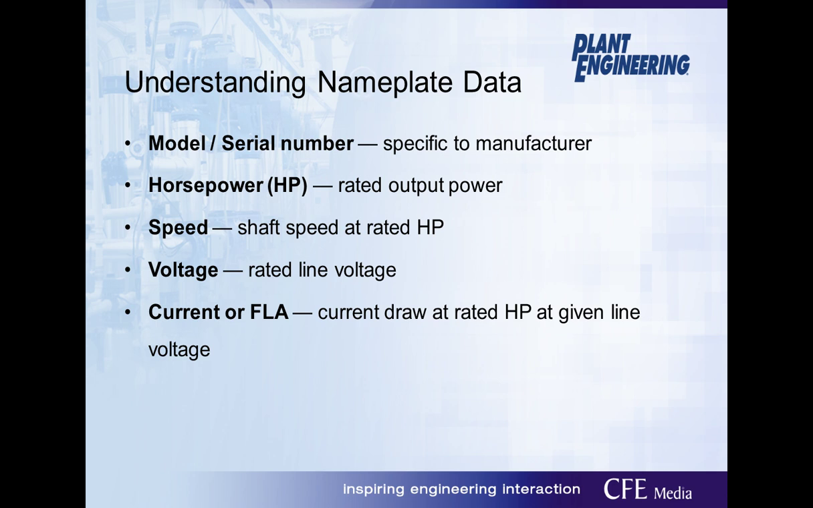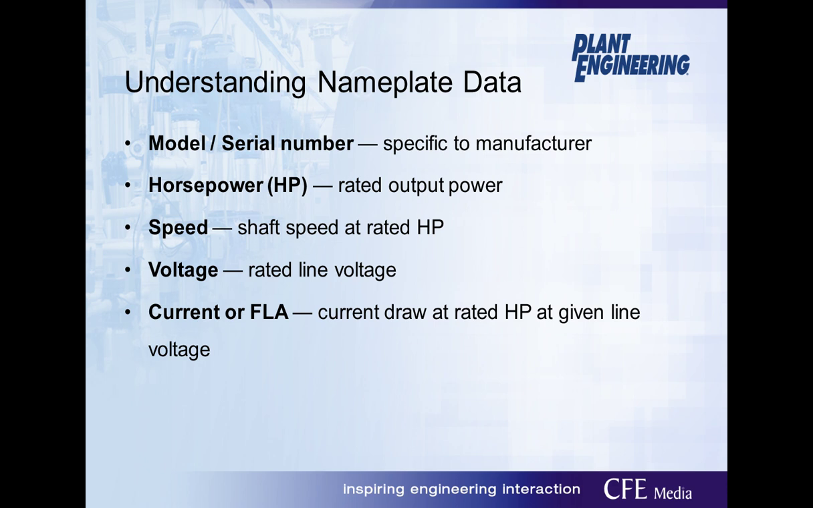Voltage is always an important item to document to make sure the proper line voltage has been applied to the motor. Many motors will give you the option of wiring the motor for different line voltages, such as 460 volt, 230 volt, or 208 volt, so it is always important to check that the motor has been connected with the